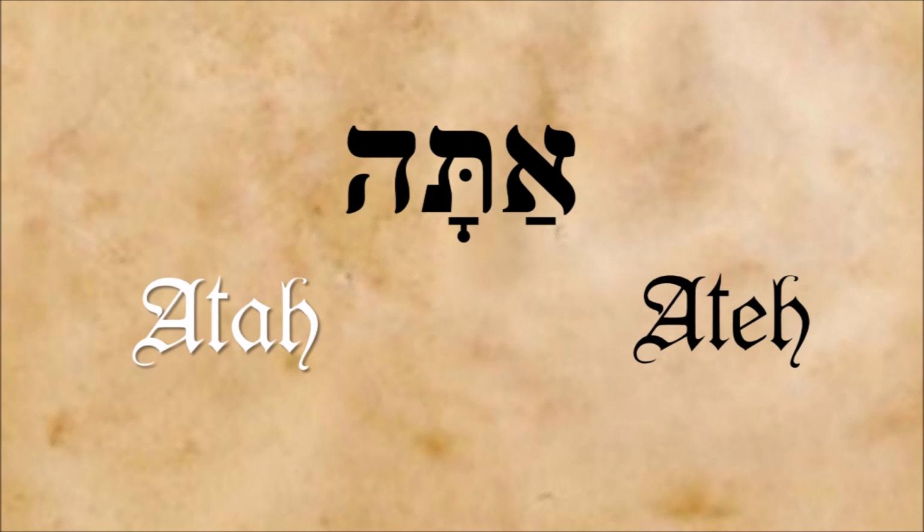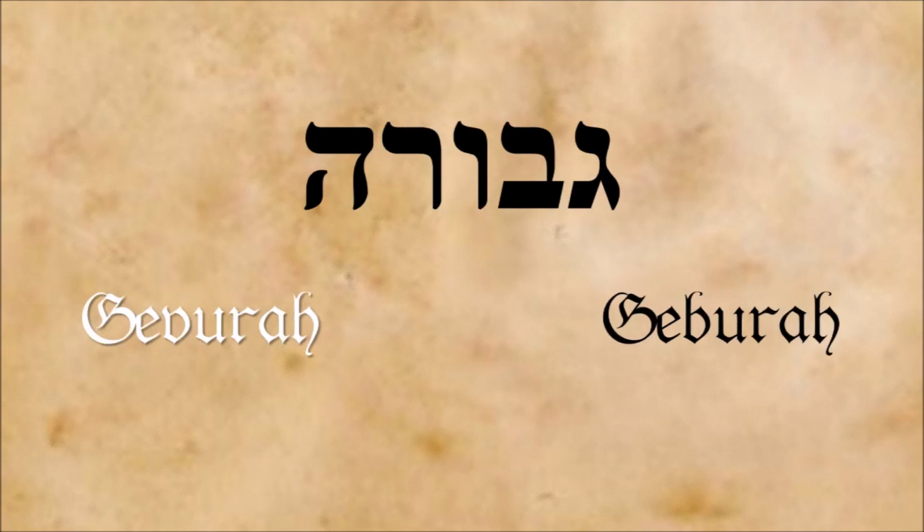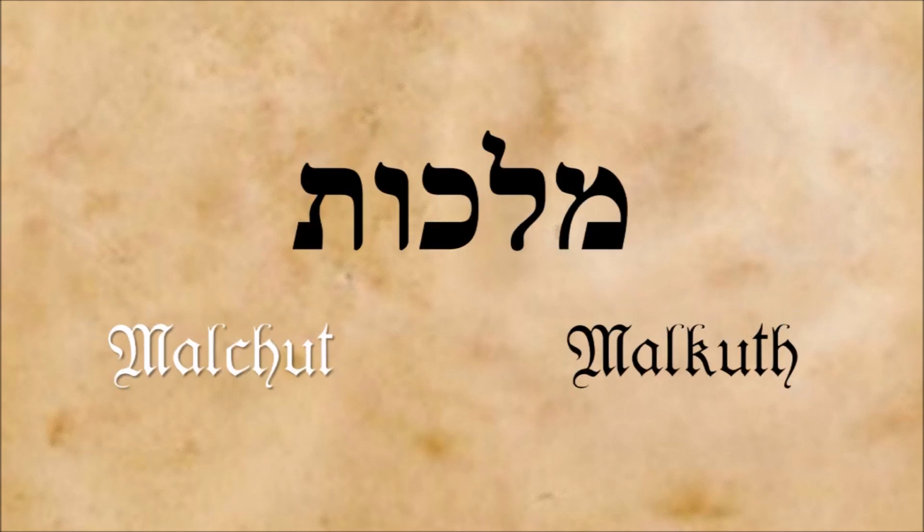with ateh, a word that does not occur in Hebrew at all. It may be a transcriptional or spelling mistake that occurred at some point and was copied over and over out of ignorance. Also, the pronunciation and the corresponding spelling of Gevorah and Malchut occur again and again with various authors